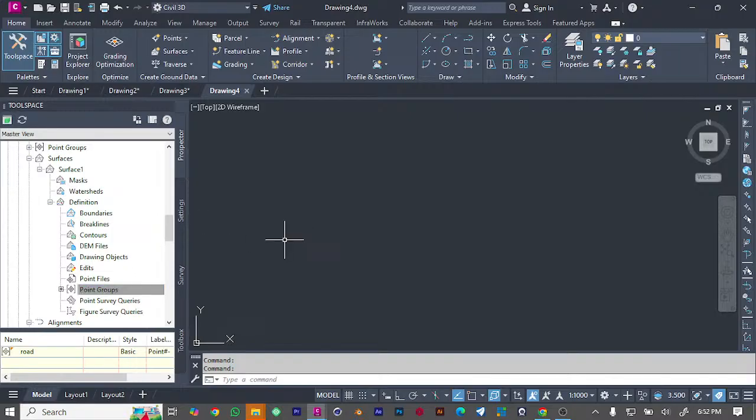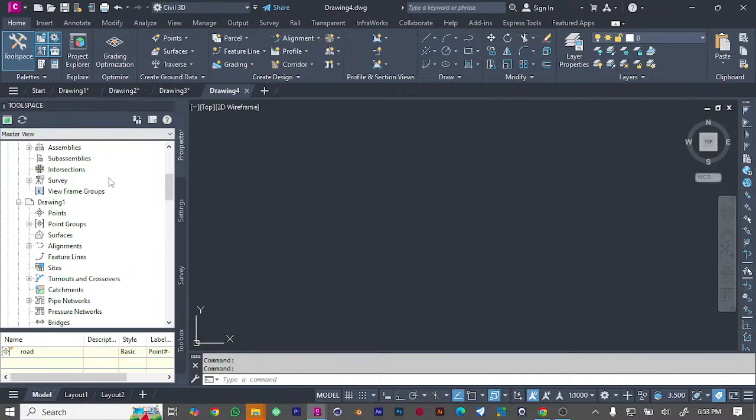The first thing that you need to do to design a road is to import points. Whether it is a water project or any kind of project, you will have to have survey points, and that may require you to ask the surveyor for the data. But for this case, since we have them, we just go to Prospector on the left side of your software. You click Prospector, and then